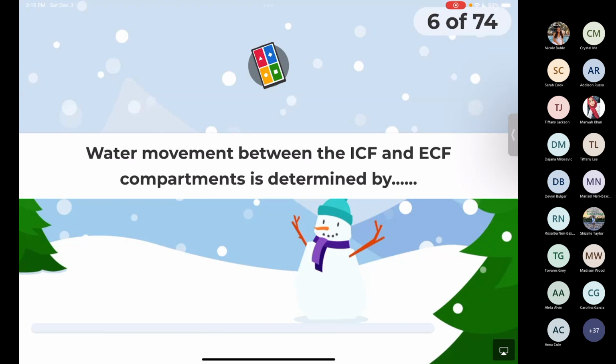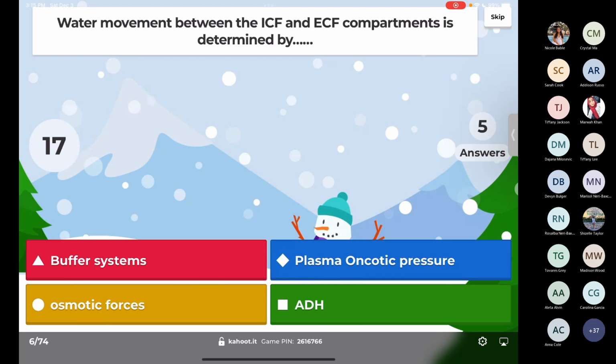Water movement between the ICF and the ECF compartment is determined by